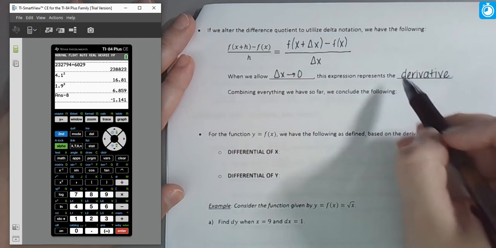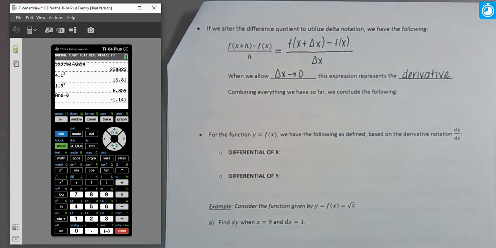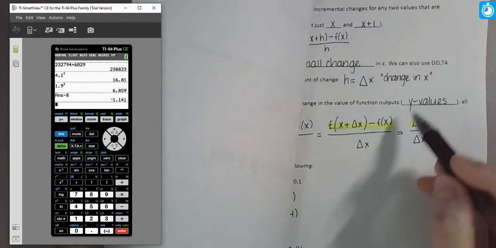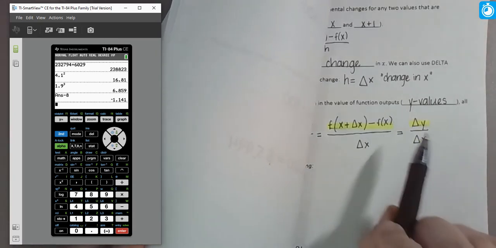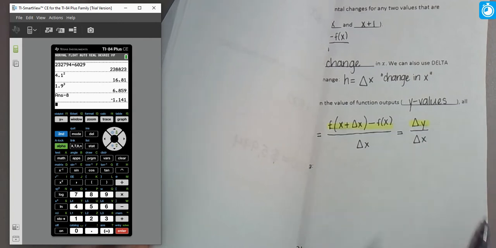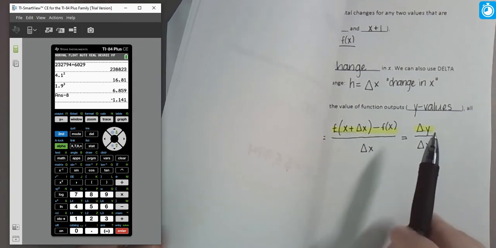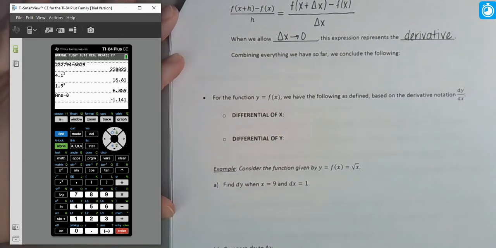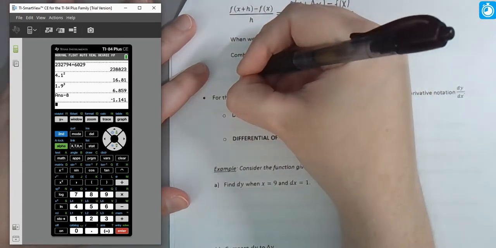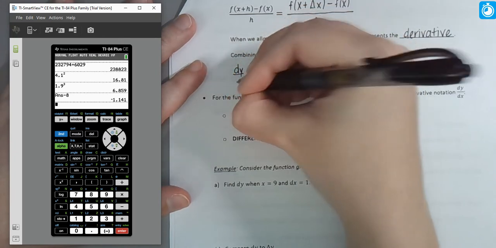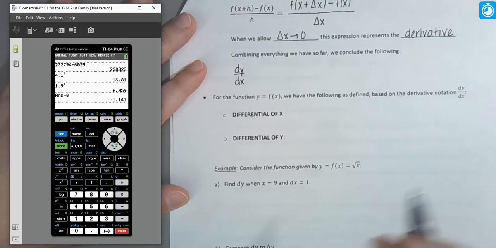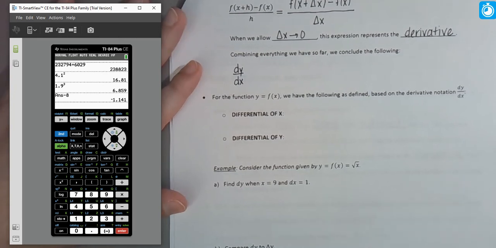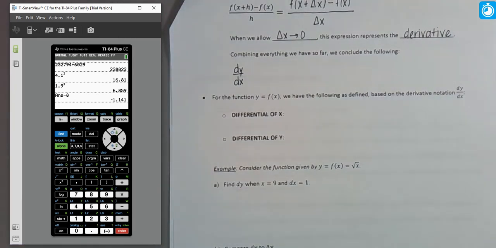So when we talk about the derivative, one way to write it looks very similar to this in terms of how things are structured, something y over something x, except we used a d instead. Well, delta means change in, d means change in, but change in a different way. So dy dx means instantaneous change in y with respect to instantaneous change in x,